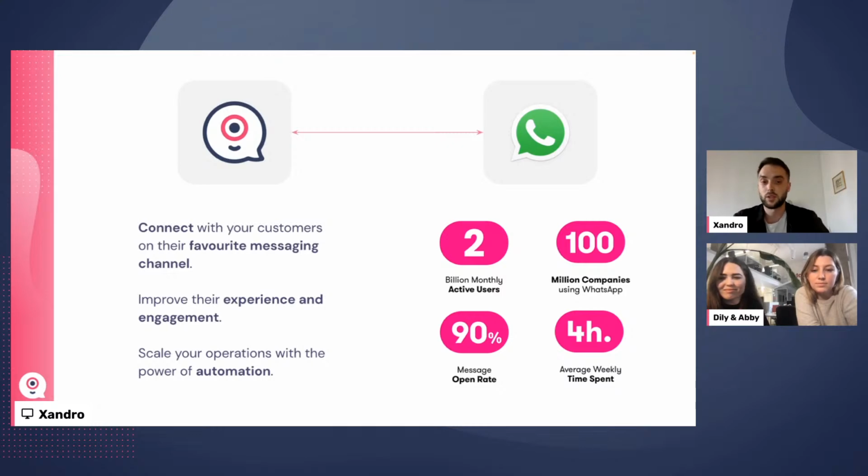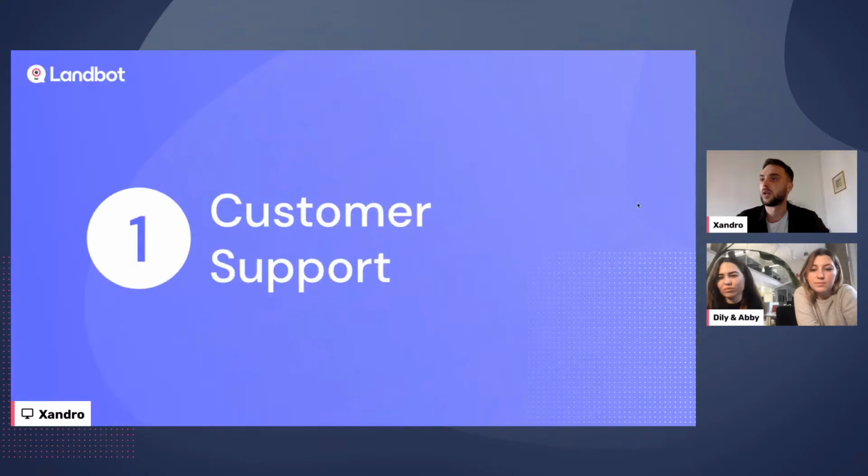The best part about this as well is that you can automate the whole process. So there's no need to have a monkey working behind a computer sending millions of messages saying, hey, the new property's on. You can automate it, and I guess that's why there's over 100 million companies using WhatsApp for their day-to-day operations. So that's it in terms of the introduction to WhatsApp. We're gonna get now into customer support.